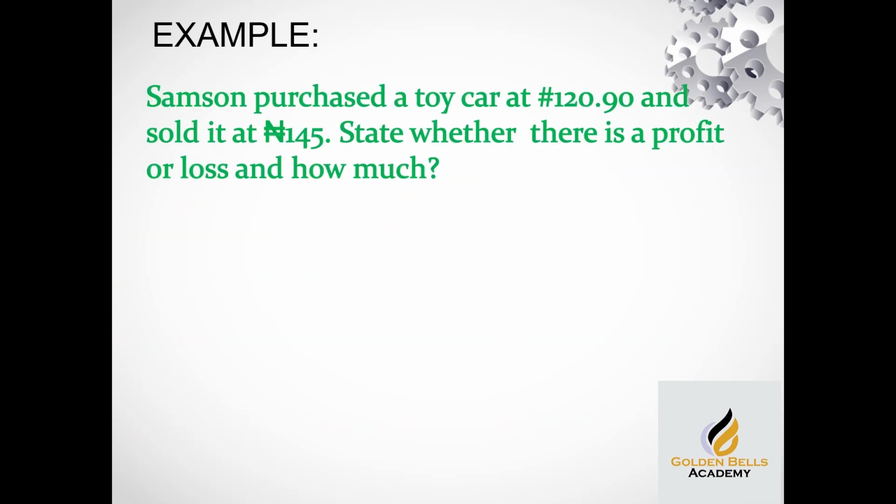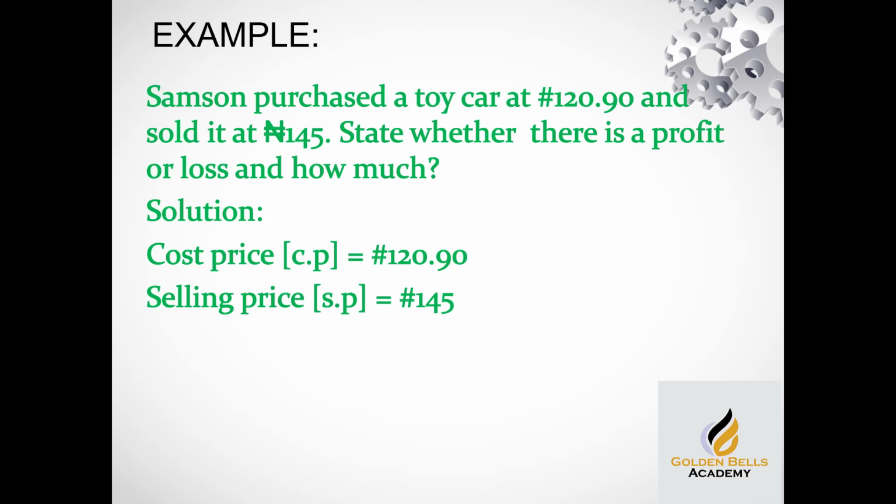Let's look at the next one. Example now. Samson purchased a toy car at the rate of 120 naira 90 kobo and sold it at 145 naira. State whether there is a profit or loss and how much is the profit or loss. Okay, good. Now let's look at the solution. Don't forget, anywhere you see CP, it is referring to cost price under profit and loss. So CP is 120 naira 90 kobo, and the selling price, which is the SP, is